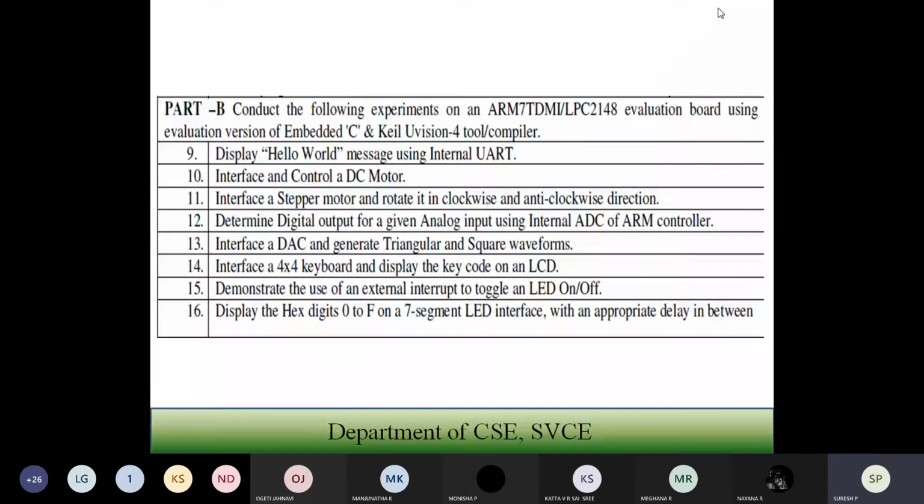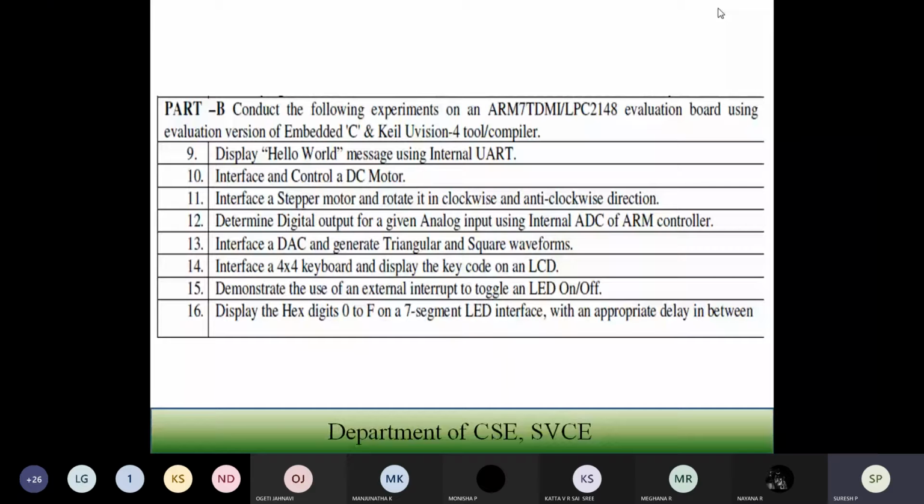When that particular code is sent to the LED interface, the interface is going to convert that hexadecimal code and send it to the particular segment to turn it on. The particular segment which is going to be turned on depends upon the type of the code which you have entered.